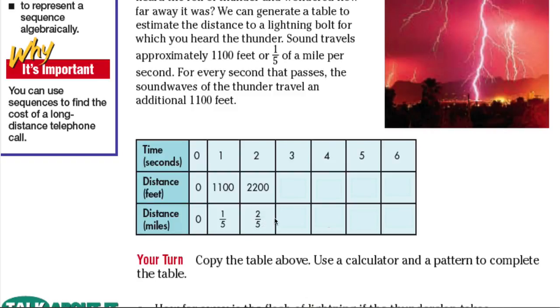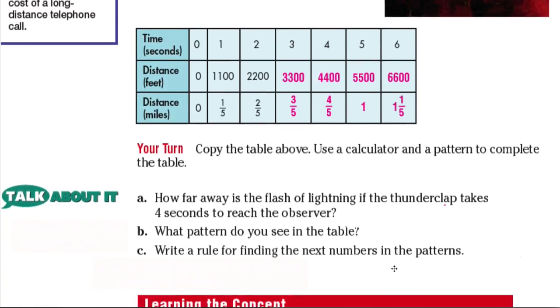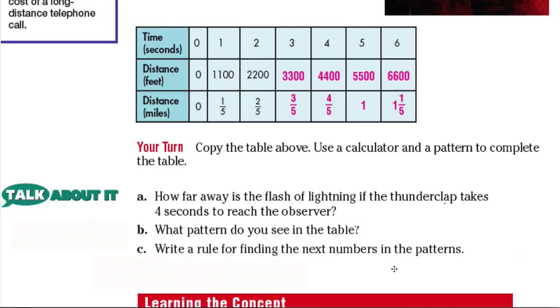And then using a calculator, you have 3 seconds, and the number of feet would be 3,300, and that would be 3/5 of a mile. So you see a pattern emerging. 4th second, 4,400 feet, 4/5 of a mile. 5 seconds, 5,500 feet, 1 mile. 6,600, and 1 1/5 of a mile. So after completing the table, we can answer